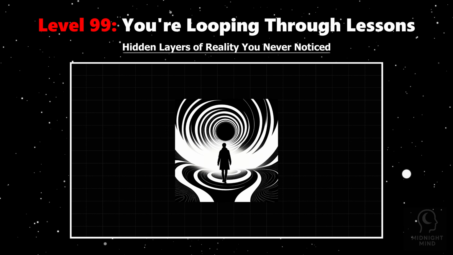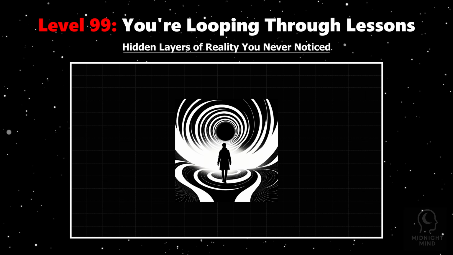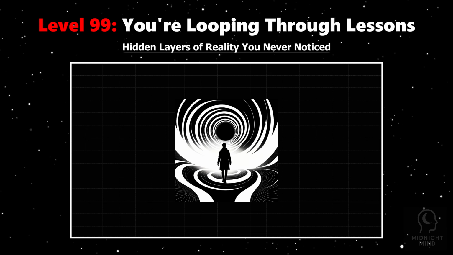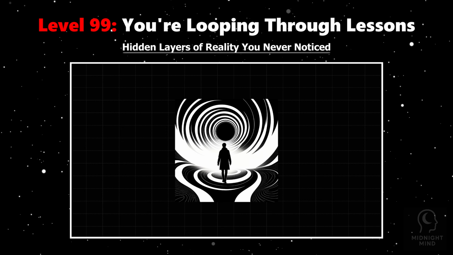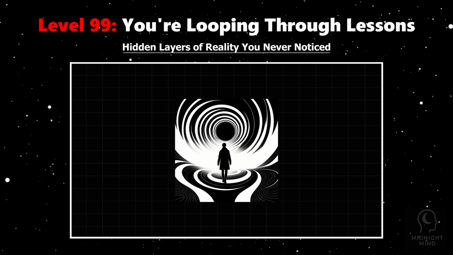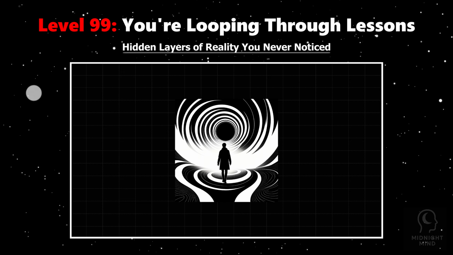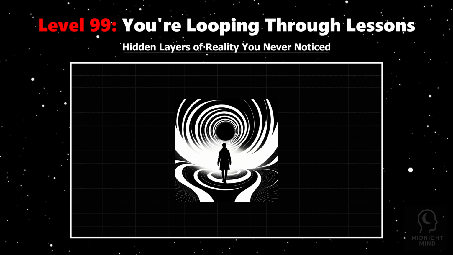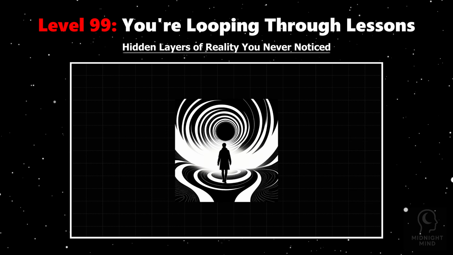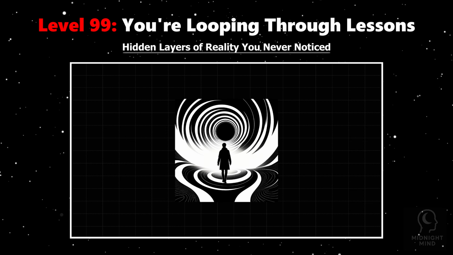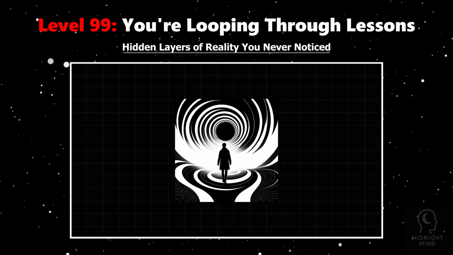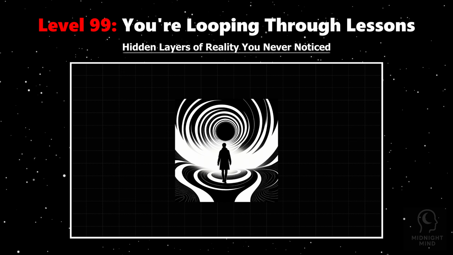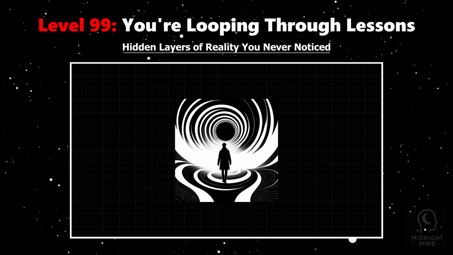Until these are truly felt and understood, the mind and heart keep cycling through the same scenarios, nudging you toward growth. For example, if you repeatedly experience conflict in relationships, it might reflect an inner wound or boundary issue needing attention. Neuroscience shows that emotional learning requires more than intellectual knowing. It demands somatic processing, feeling the pain or truth deeply to rewrite neural pathways.